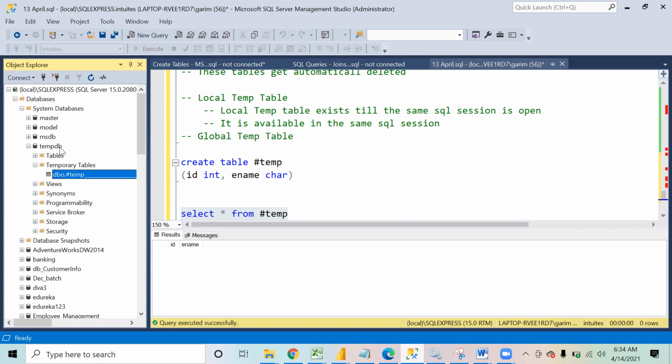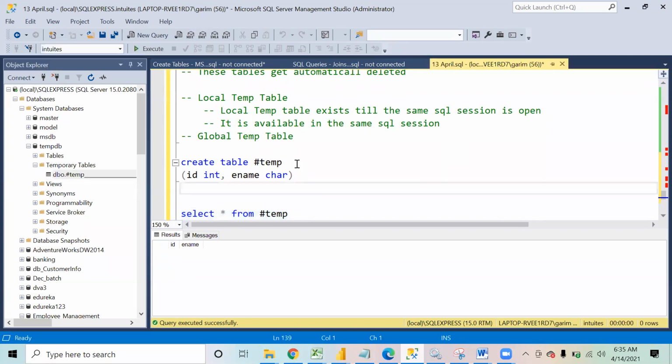Okay. Sometimes it also happens that we are trying to create a logic and the logic can go a little complex. In that process, we can create temporary tables by writing the queries in small bunches and saving their output in temporary tables. Then finally, when we are able to produce our result, these tables will be automatically deleted. Okay.